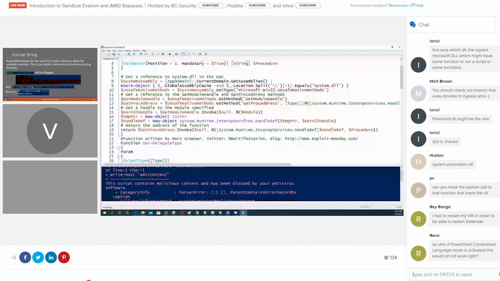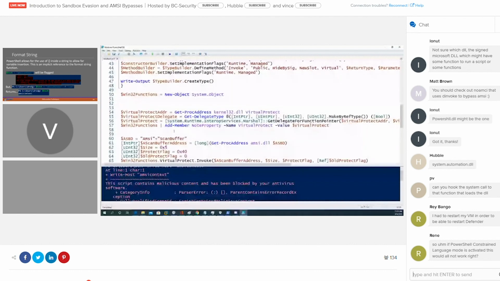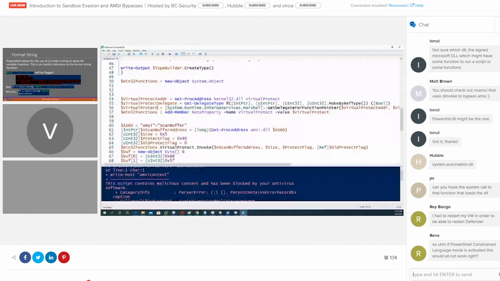So in this example specifically, it used to be that the only thing that got flagged was this virtual protect section right here. The virtual protect variable, in conjunction with the Win32 functions, was the only thing you had to change in order to bypass it. But now it's